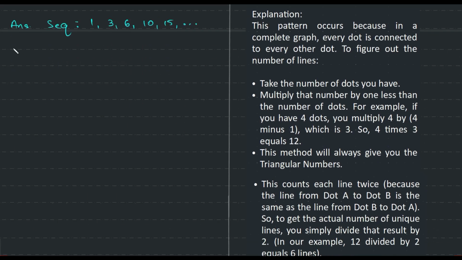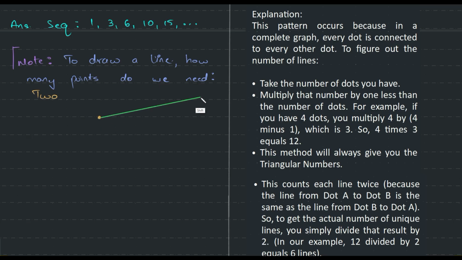Now the question is why? That is the difficult part. So I put it this way. This is a note again. This is not part of your answer. Now to draw a line, how many points do we need? 2 at least, right? If I give you a single dot,